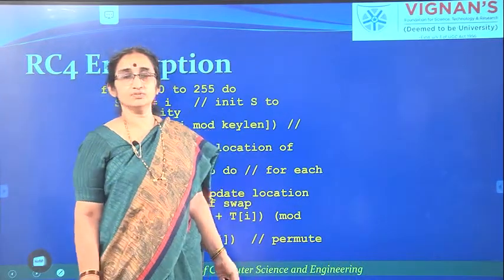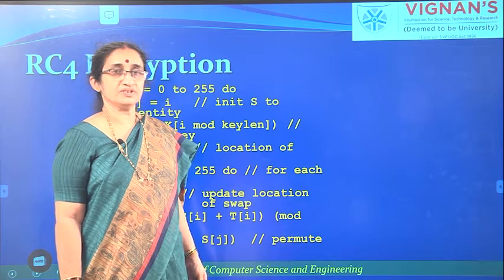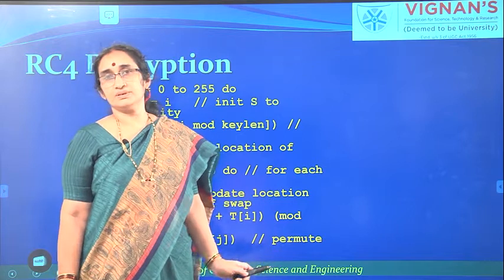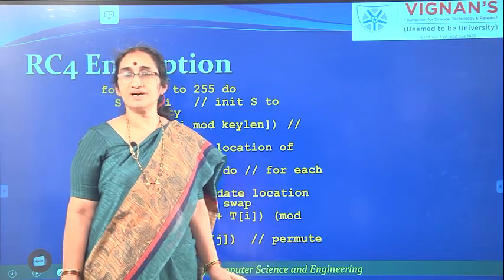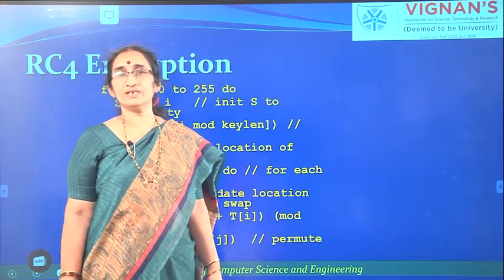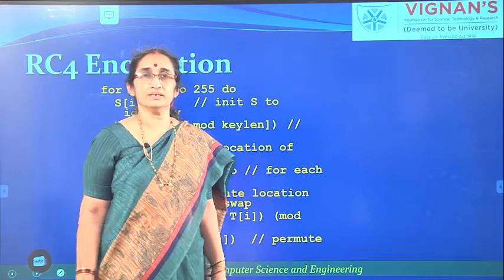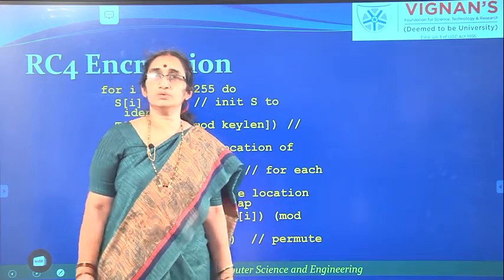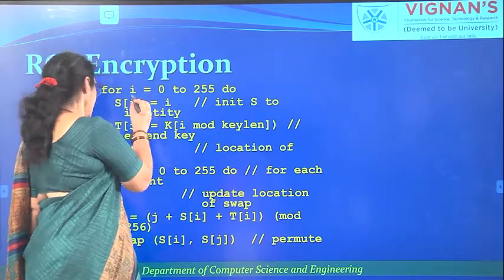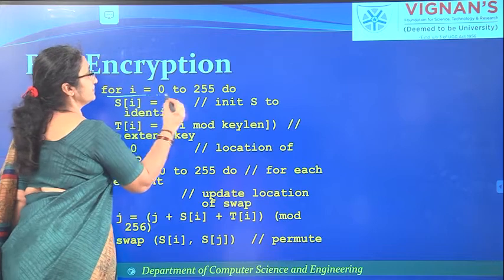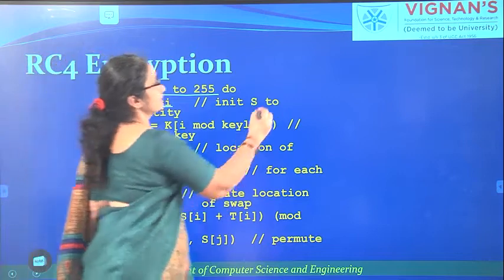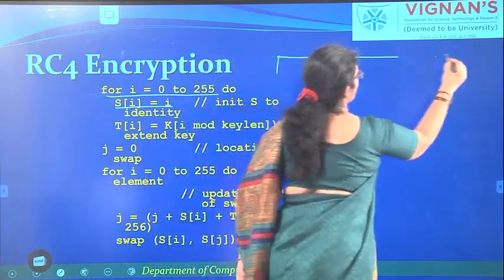Now, let us see how RC4 works. The first step, which we have seen previously in the figure, is initializing the value of S, that is the internal state array. How are we initializing that array? The array values range from 0 to 255. So, here you can see for i is equal to 0 to 255, S of i is equal to i. So, this statement creates an array S